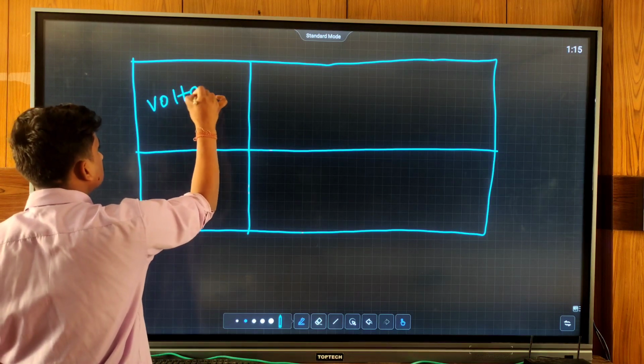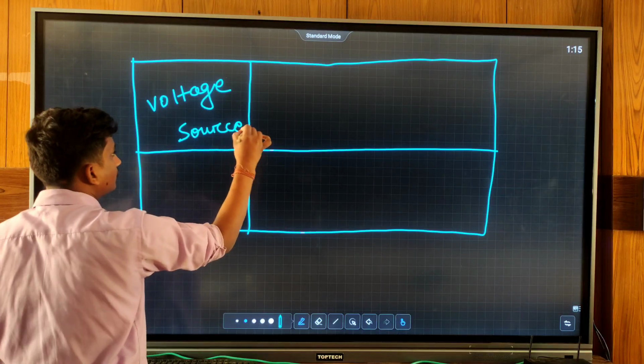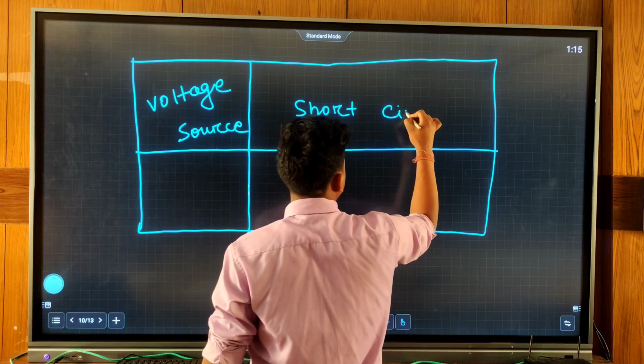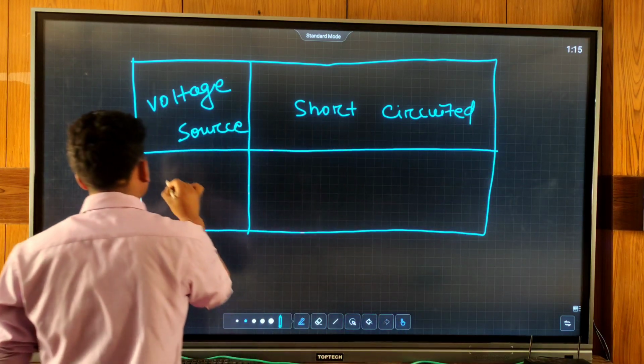Voltage source when replaced gets short circuited, and current source gets